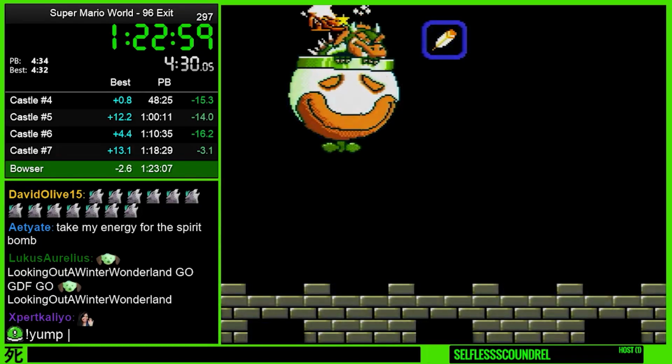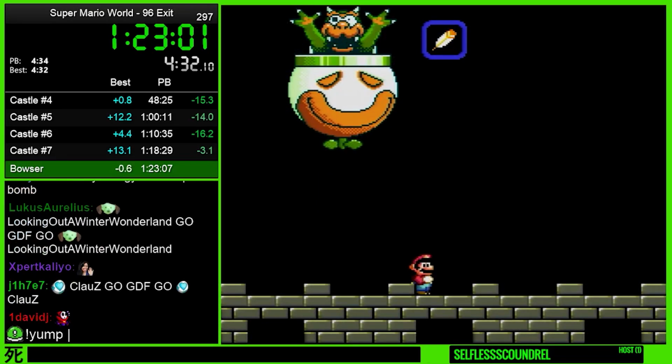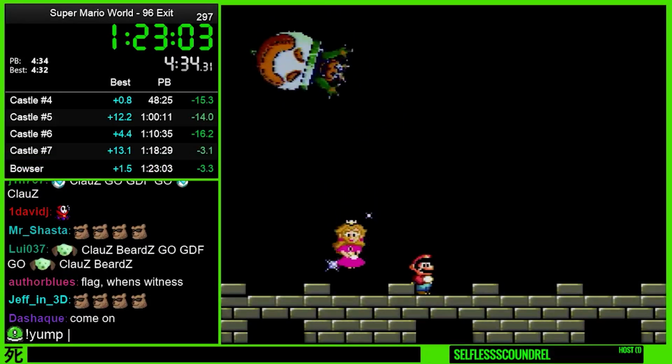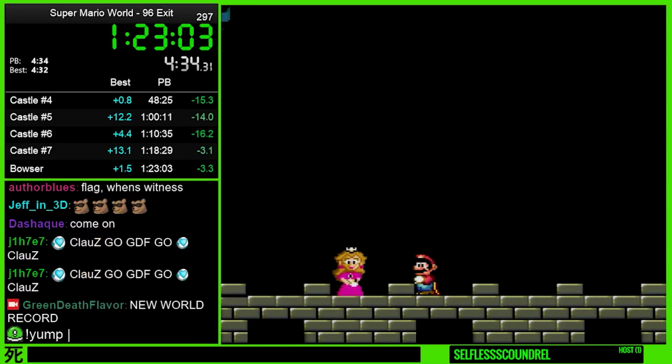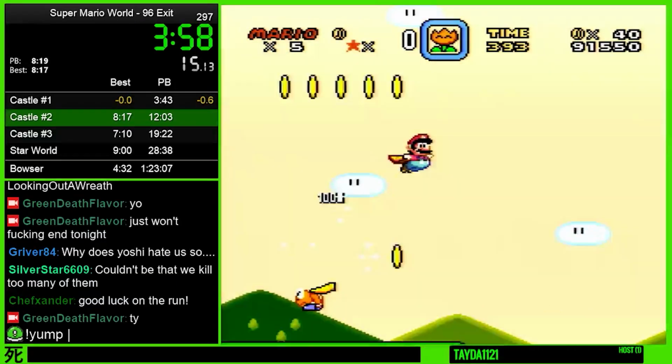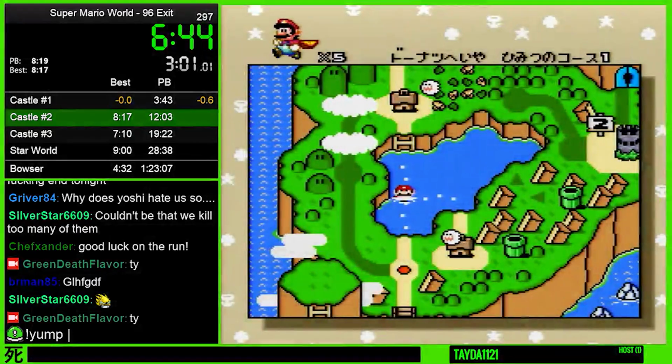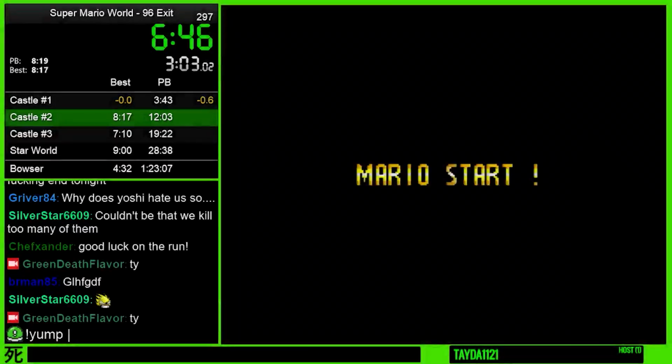With all those achievements, on December 16th, Green Death Flavor finally got what he wanted after many personal bests, and got a new 1-second world record of 123.03. This run introduces yet another new route, which is a lot closer to early Green Switch. The route is actually the same, except you do what Akisto's route does in